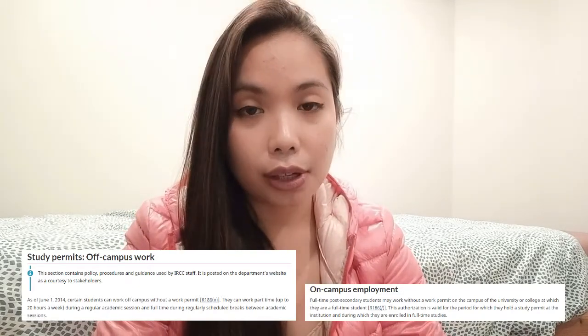on campus. However, in my college, they still try to limit the number of hours a student can work because number one, they still want the student focus to be on his or her education. And number two, they wanted to give equal opportunities to other students as well because on campus part time jobs